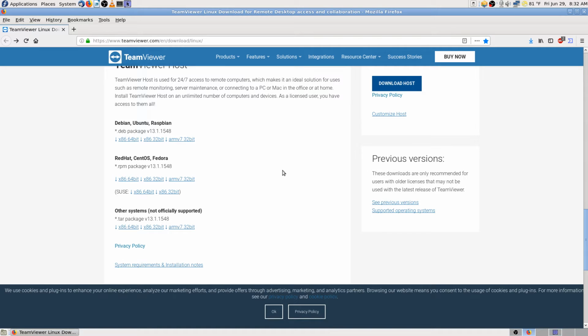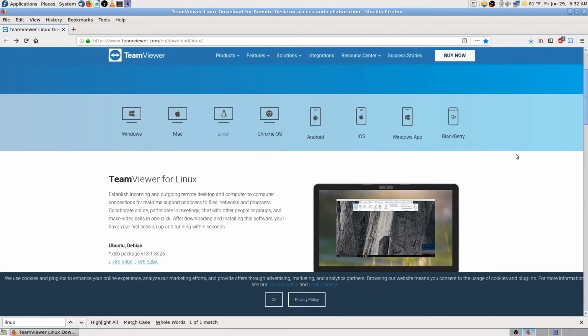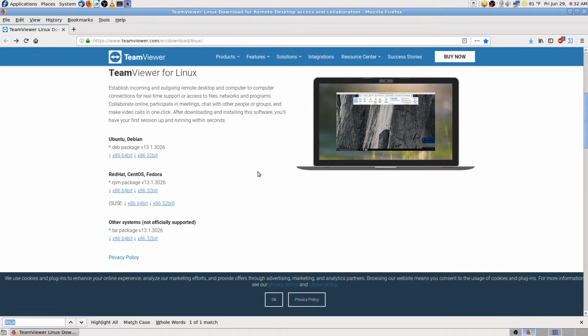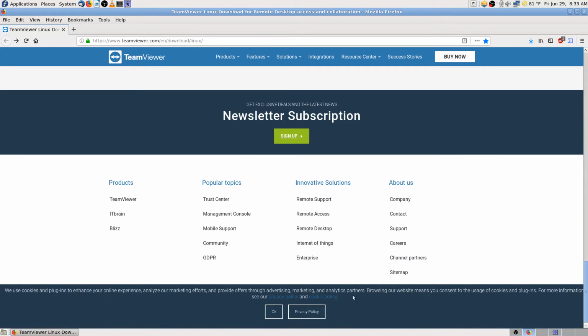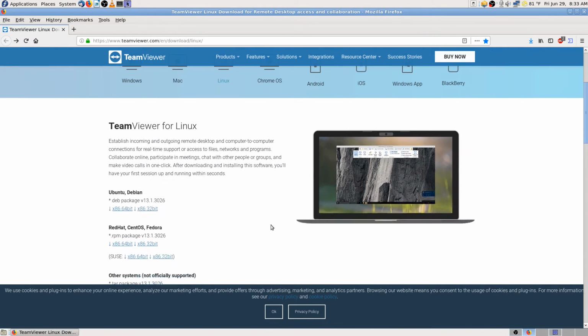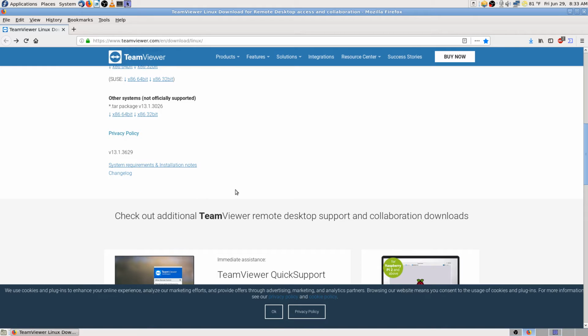I think this is TeamViewer 13. Yeah, this is 13. So. No, I don't see anything. I thought I saw it. As a matter of fact, I thought I downloaded it. Again, they're doing all their junk, blocking half the page, quarter of the page, or whatever. Red Hat, Fedora, 64, 32-bit, SUSE. Okay, well,